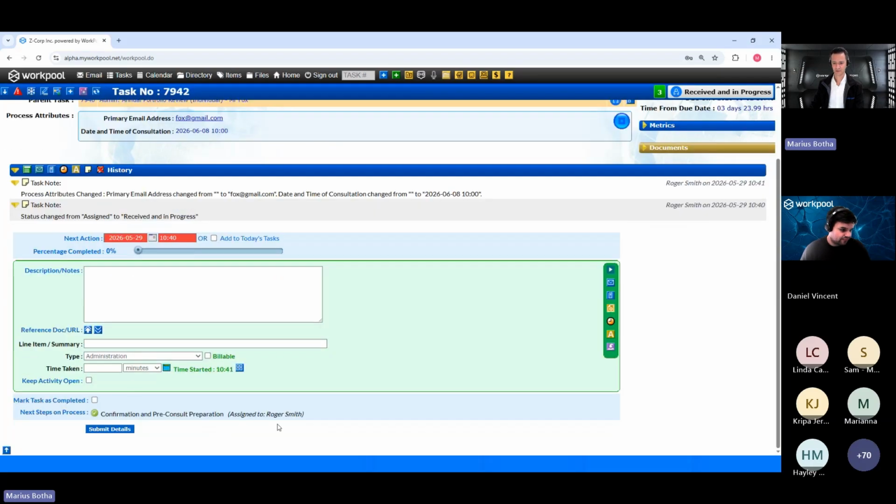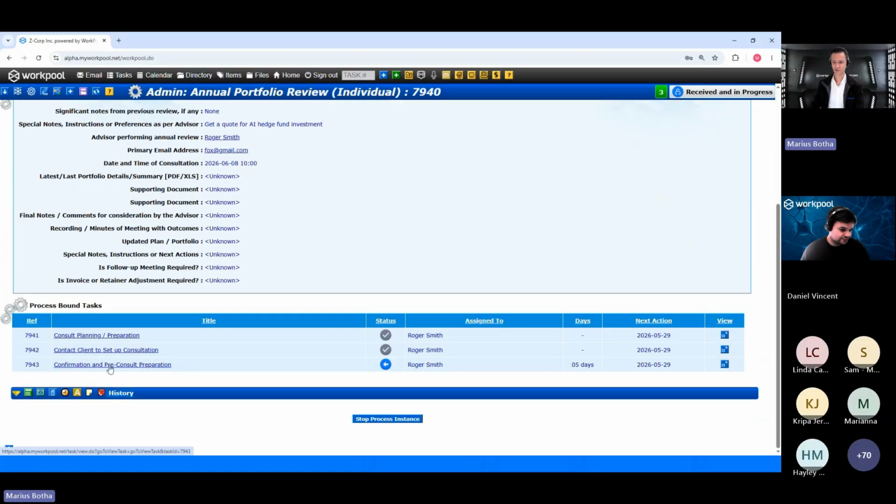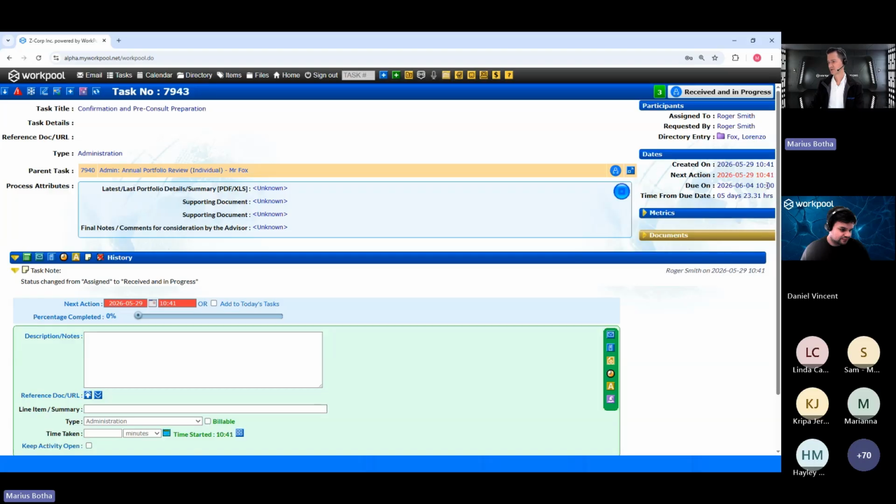Okay, and I'm going to go through to the pre-consult step now. Confirmation and pre-consult. So you'll notice that it's actually made this task due 2 business days before the 8th, which is correct because there's a weekend in between. So my assistant has got exact dates to work with when they're planning and working in their task